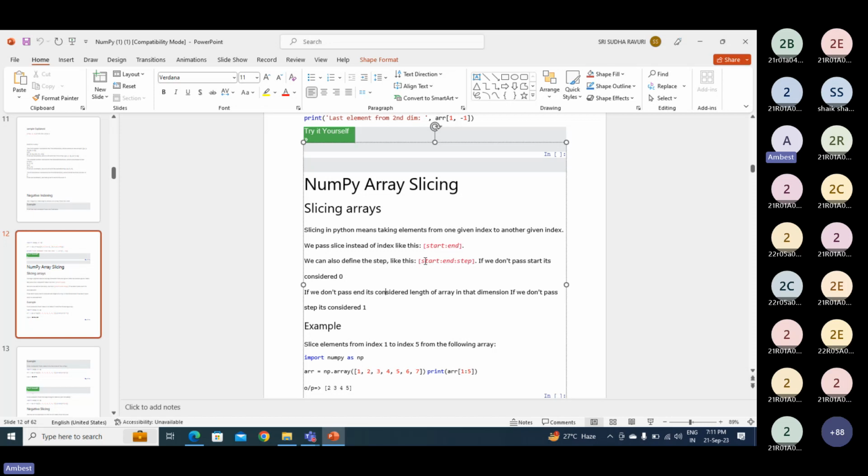So what we do is we will be taking some particular values which we want. Only particular values will be taken in slicing. In indexing, we will be taking some certain values which are